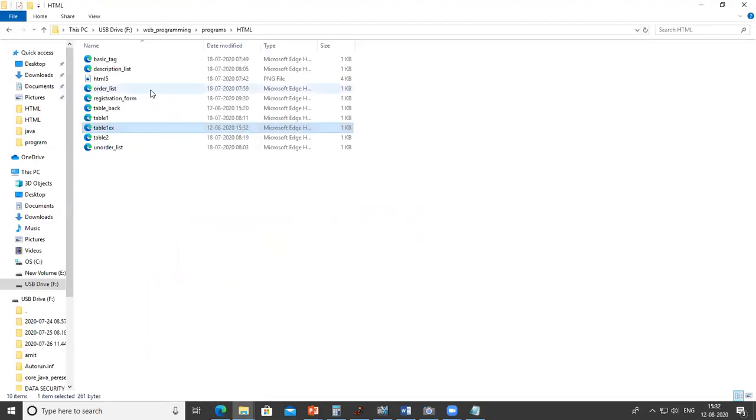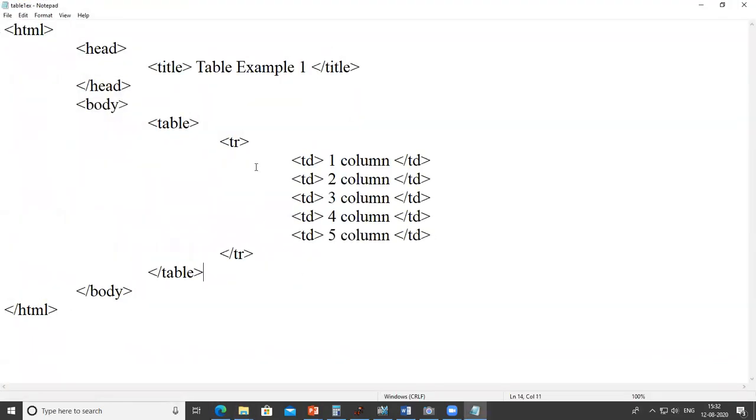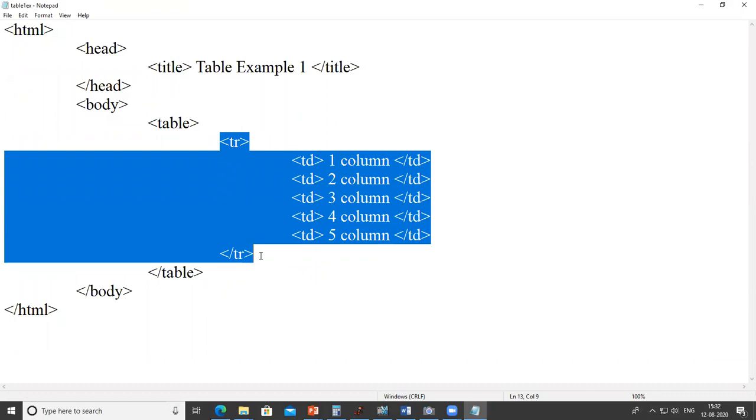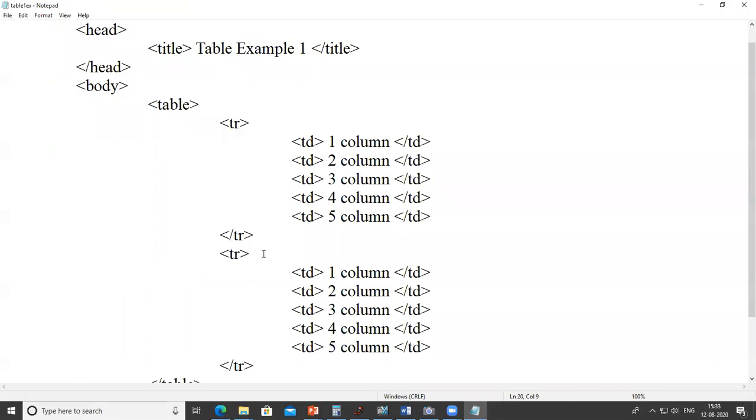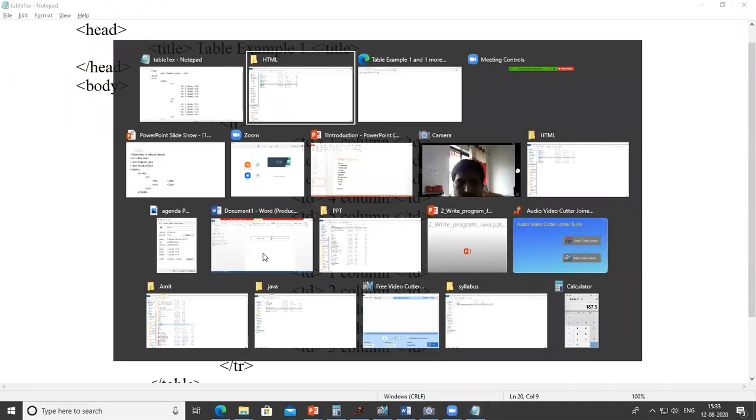Suppose I want to create one more row. I just copy the code and paste it on the next line, save the program by pressing Ctrl S, and then execute the code again. It comes on a new line. So same table, new line.